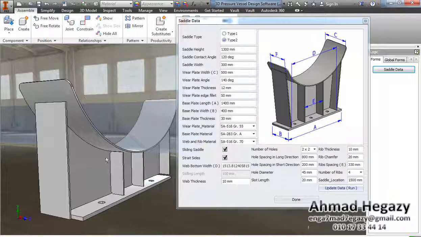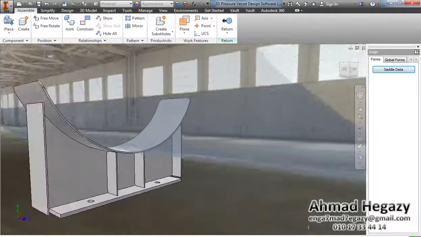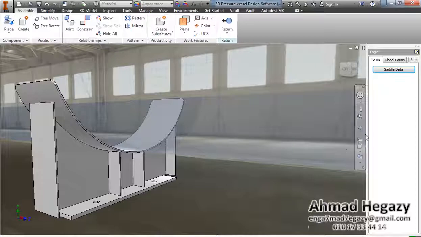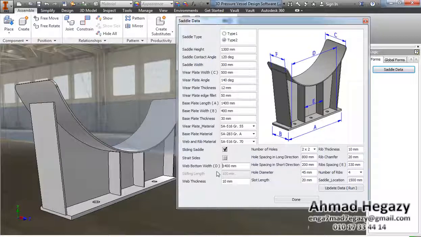We could make it without straight sides. We can see here the sides are straight. Now we will make it without straight sides. Now we will enter the width value according to drawing dimension D, like that,